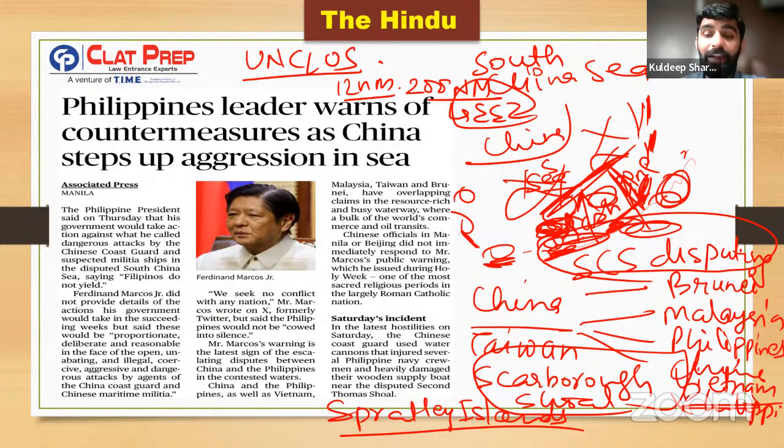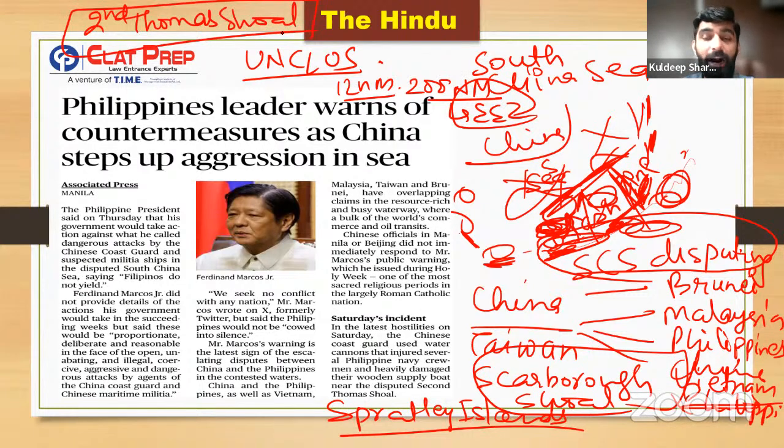One of the islands under Scarborough Shoal is known as Second Thomas Shoal. So Second Thomas Shoal is part of Scarborough Shoal, and it is a disputed territory between China and the Philippines. What happened is that the Chinese Coast Guard, which is basically responsible for taking care of China's South China Sea, actually disturbed